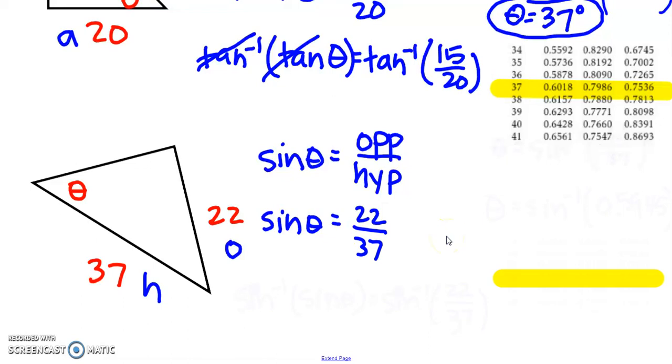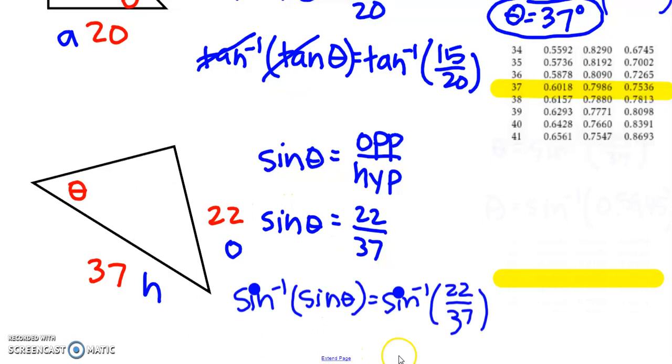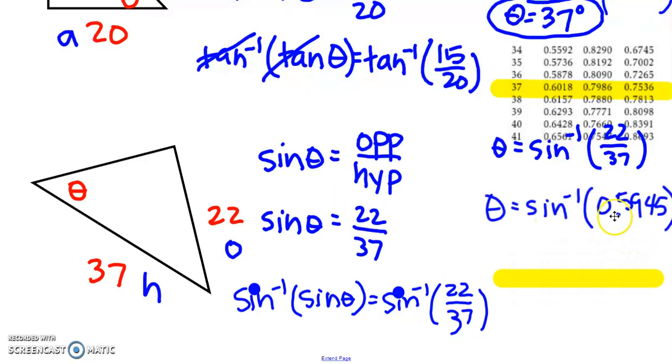Now I'm going to isolate my theta by doing sine inverse to both sides. I want to undo this sine right here, so I sine inverse both sides. Ignore that it turned it into a big circle for some reason, but that's sine inverse of sine of theta, and then sine inverse of 22 over 37. Now I'm taking theta equals sine inverse of 22 over 37. Just like I did in the last problem, I'm going to find the decimal version of 22 over 37. I plugged that into my calculator, and I got